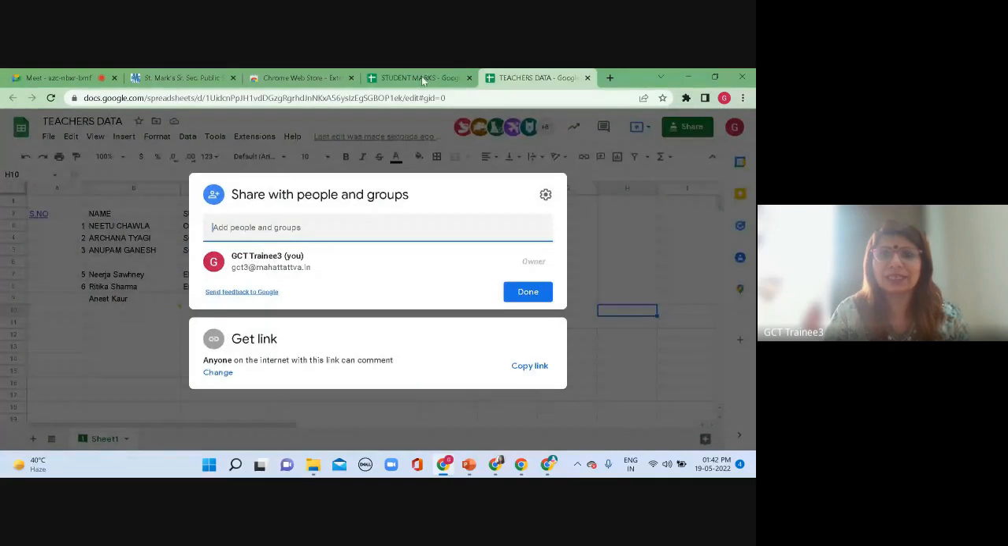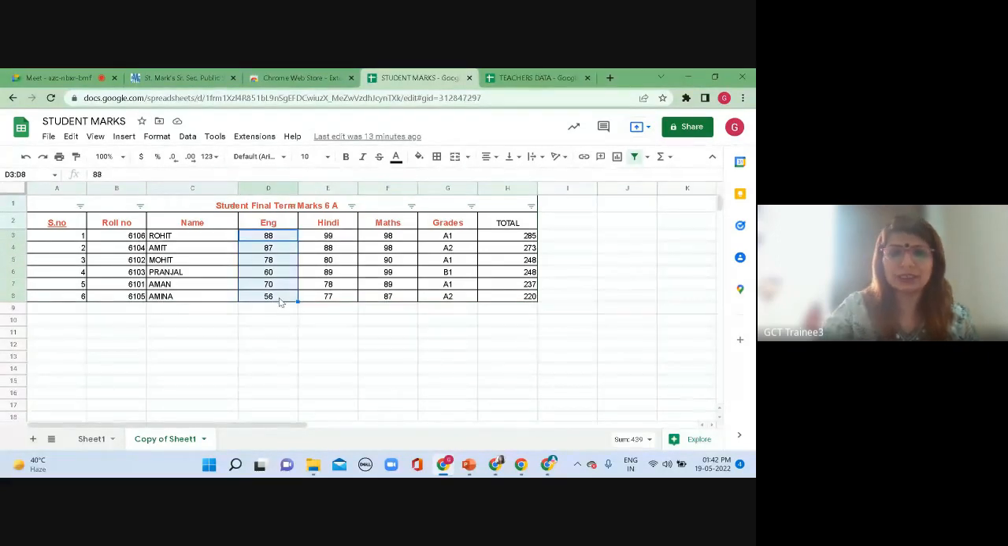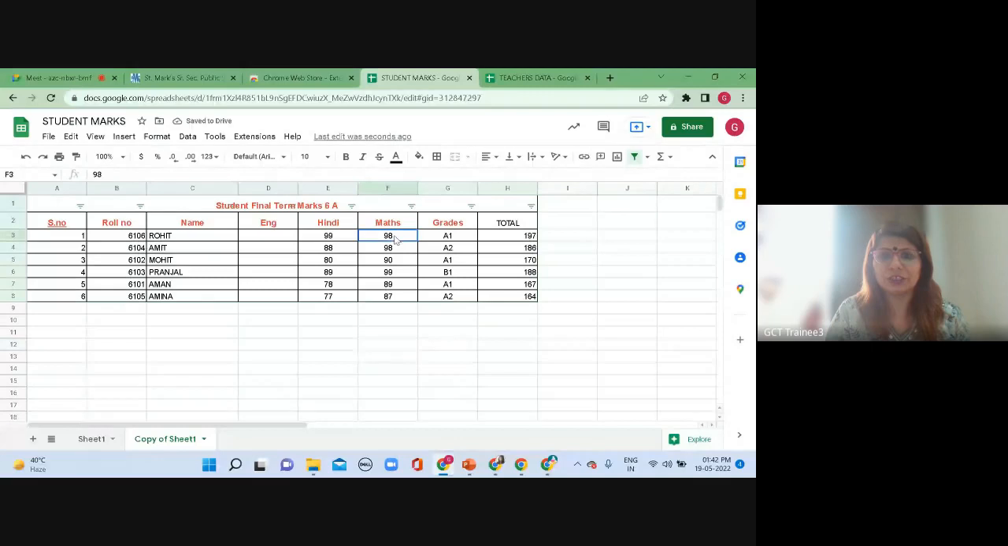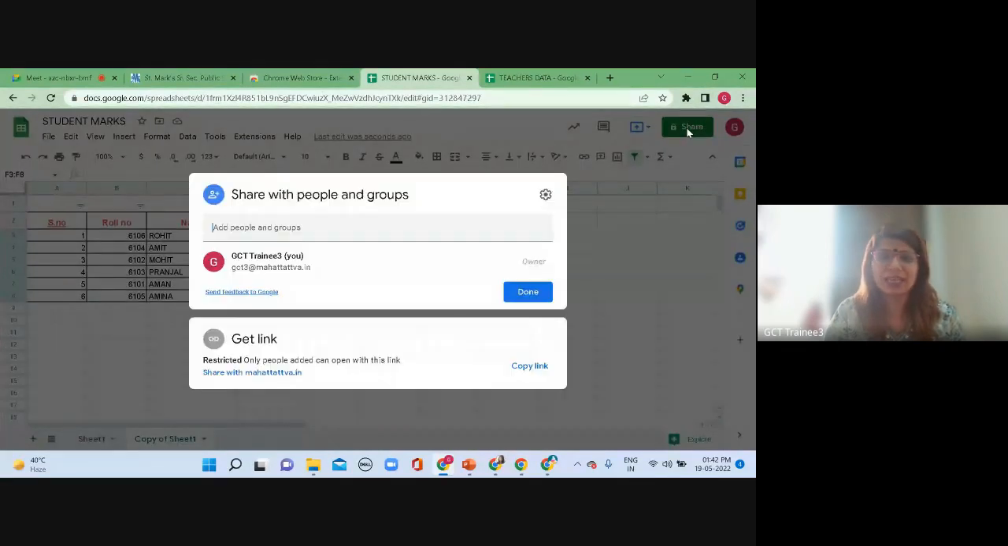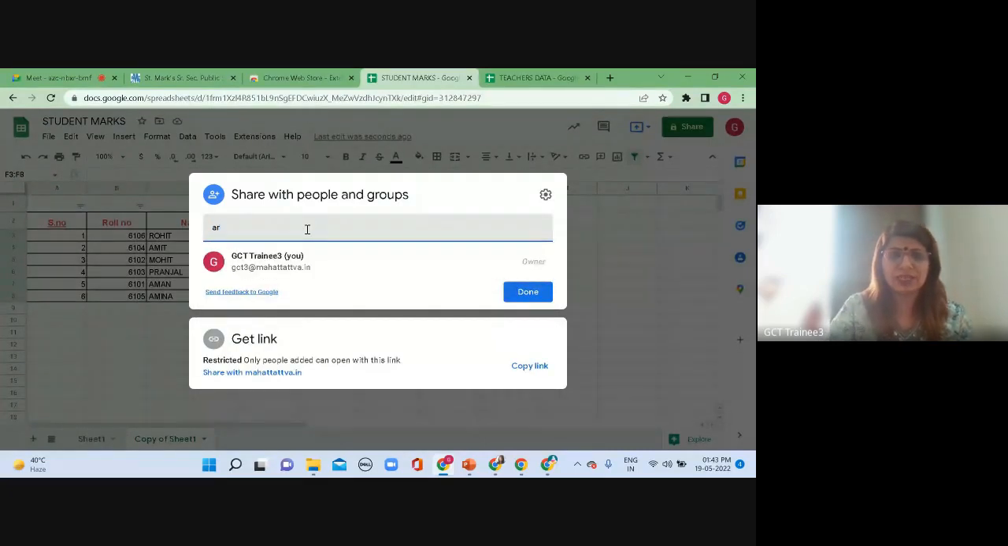Now, let's take this for the time being. Suppose I want one teacher to enter the English marks and another teacher to enter the maths marks, right? Now I want to share this with the two teachers, one for entering the English marks and one for entering the maths marks. For that, I simply click on share and then I just add the email ID of that